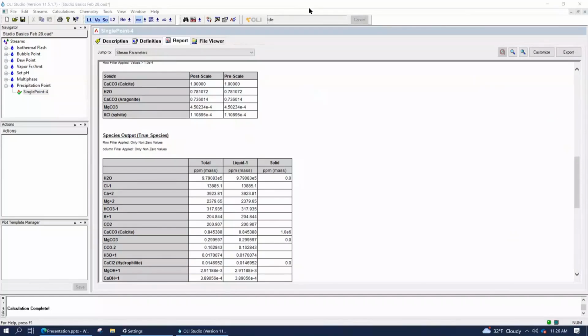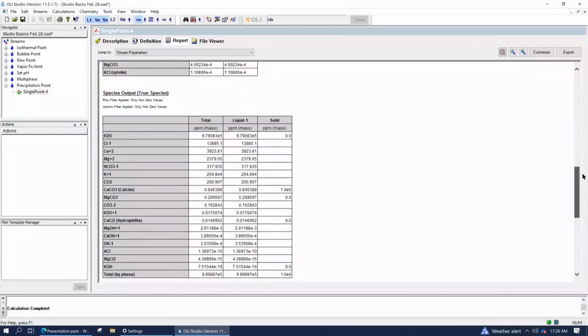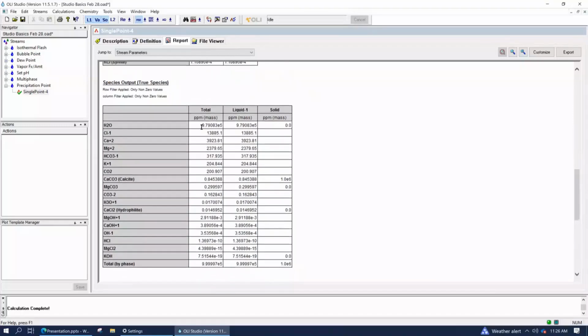Okay, good. Time to get started again. One of the things we haven't done with the precipitation point is to look at the chemistry in a little bit more detail. I don't want to spend a whole lot of time on it other than just making you guys look at the species output. Because so much of the story about why things happen is going to be in the species output table or the activity coefficients table, or even in some cases, the equilibrium constant table.